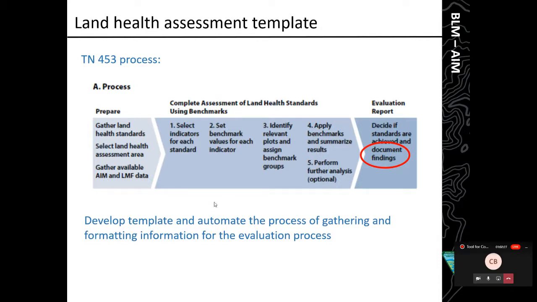So we've gotten a lot of good feedback from y'all and have a decent template developed. Now our next step is to work with some of the technical staff at the NOC and figure out, hey, what processes can we automate? How can we get it to the point that you can operate within a web map and get a report kind of auto-generated, or at least parts of it auto-generated for you?